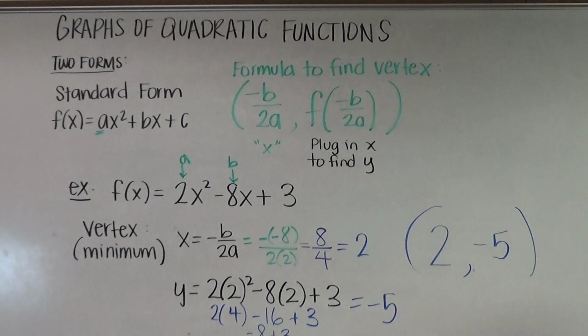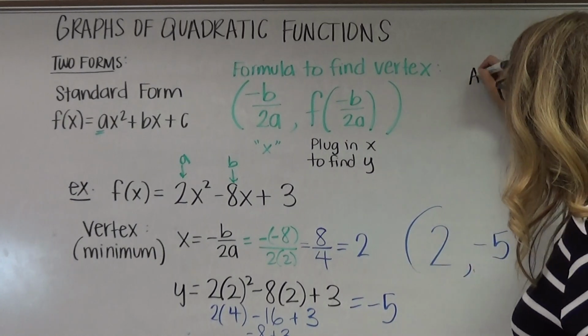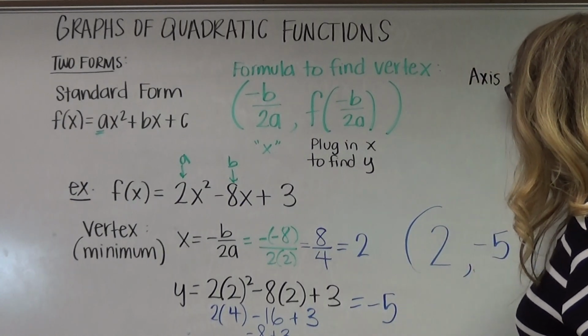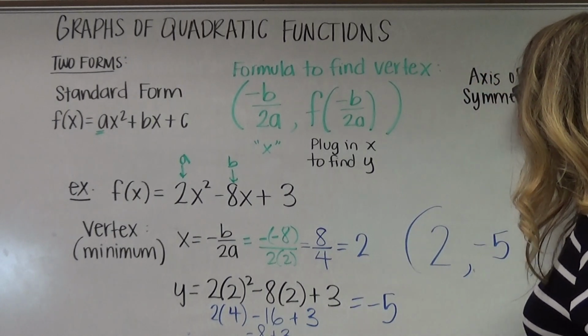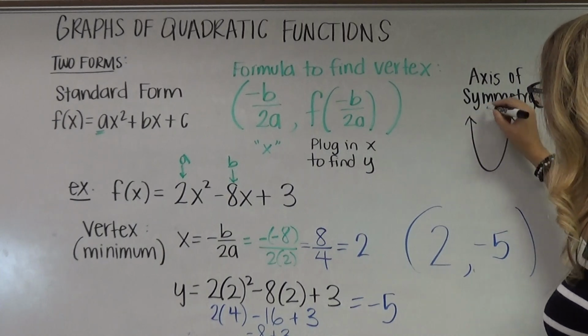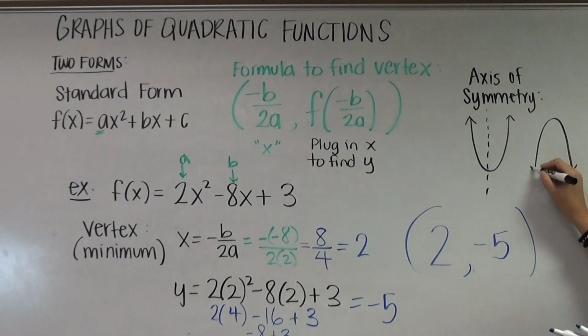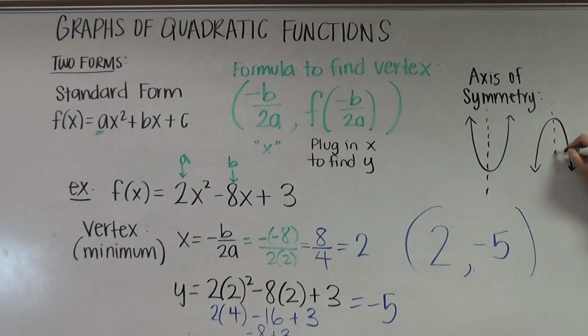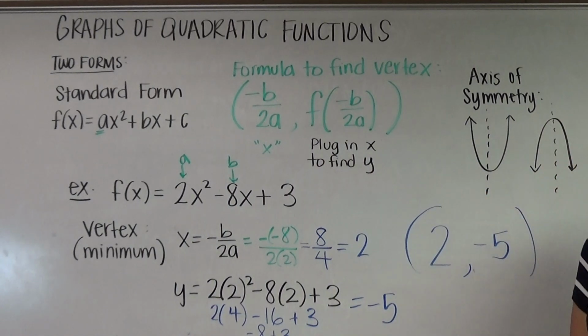The last thing that you might be asked about is what's called an axis of symmetry. So I'm going to add just one more note. Axis of symmetry is the line that cuts your graphs down the middle. So if you have this shape, it'd look like that. Or if you have this shape, it'd look like that. Symmetry on both sides. What I hope that you notice is that